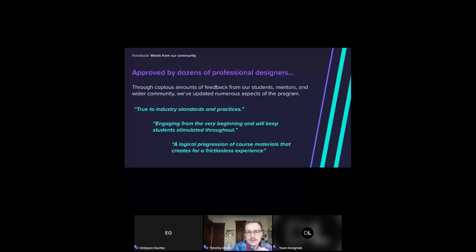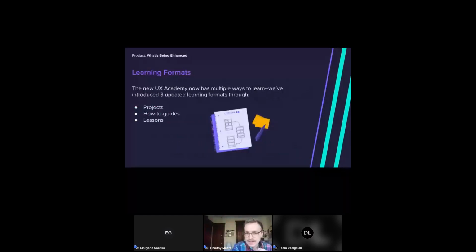The new UX Academy has a number of new ways to learn. And I know that it's kind of a weird concept, but we developed new platforms and new content types, and what's a better way of putting it? New different types of assignments, I guess you could say, that help you learn the skills of a UX and UI designer. So the first thing is, when it comes to the projects, we have kind of redesigned them to